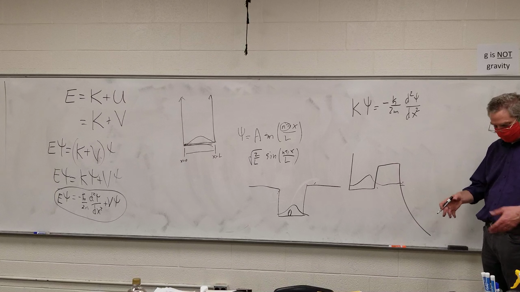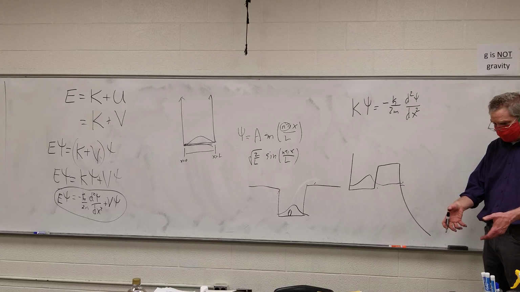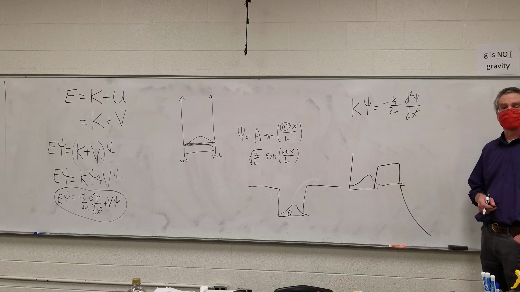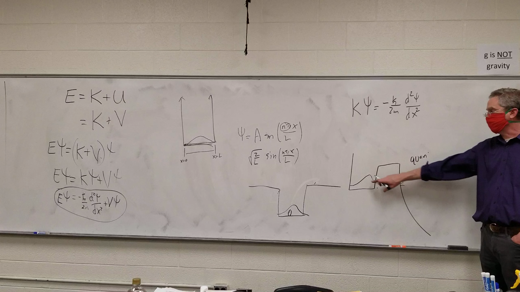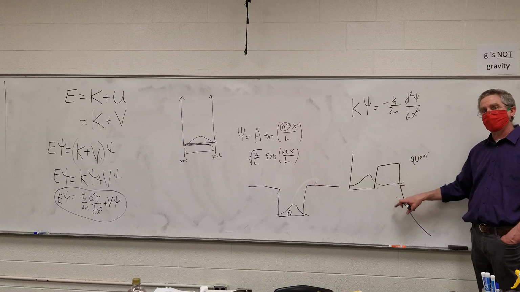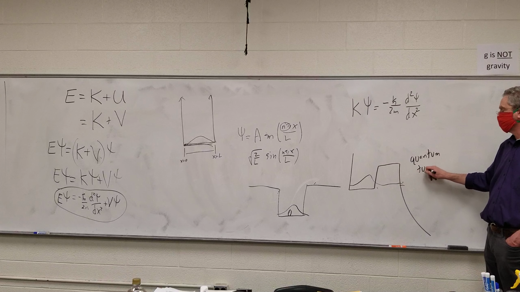Which seems crazy, that if I have something inside a box, in classical mechanics especially, suddenly it can appear outside the box. This is known as quantum tunneling. It doesn't have enough energy to make it over the barrier, but it does have enough to make it through the barrier. Whose equation is this?